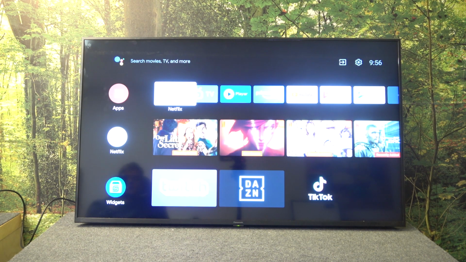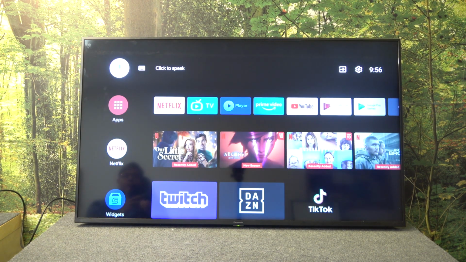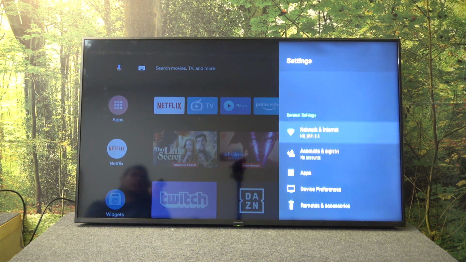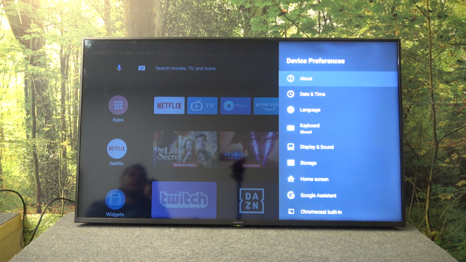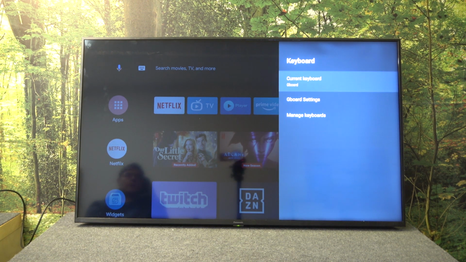To do this you have to go up where you will see mic icon, keyboard icon, and sources input icon and settings. You have to go into settings. Here you have to scroll down to device preferences and then you have to scroll to keyboard. Here you have to click on manage keyboards